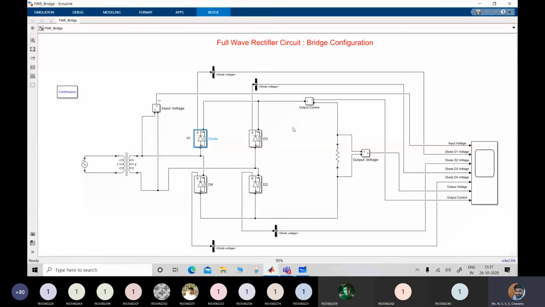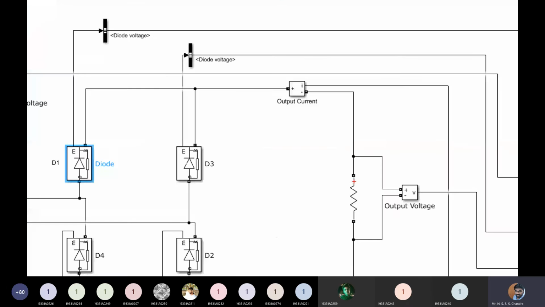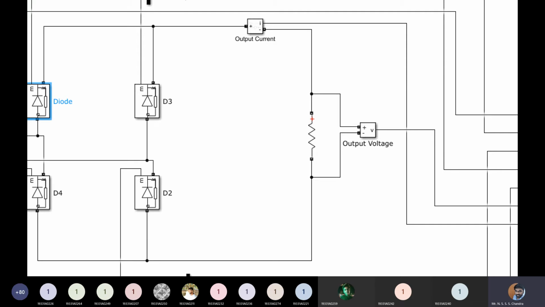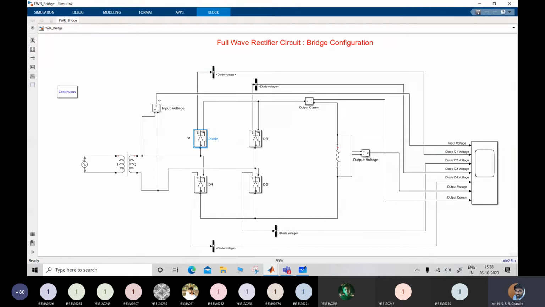Okay, and then to measure the load current, I'm connecting a current measurement unit in series with the load resistor. And across the resistor, I'm connecting another voltage measurement port, which I'm naming output voltage. Okay, so these sections are nothing but to measure the diode voltage only. So do not get confused by this number of wirings in the diagram. It's a simple bridge rectifier only. These additional wirings or ports are only used to enable the measurements.